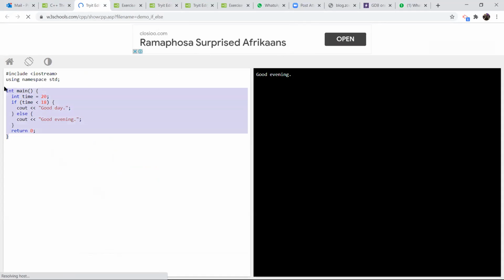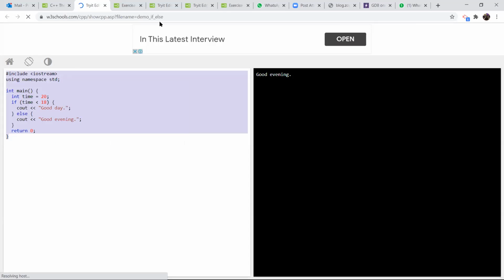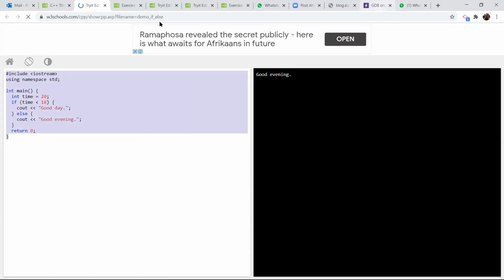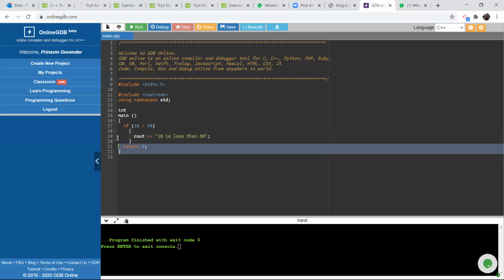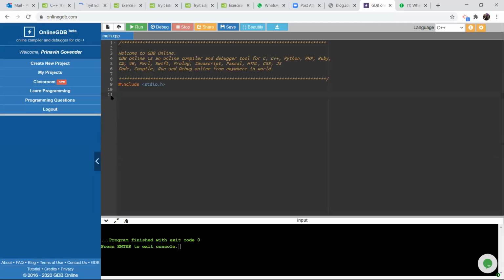Let's copy this and paste it in our online compiler. I blocked it. I said copy or Control C. I go to my online compiler. I'm going to delete my previous program. There we go. I've now pasted in my new